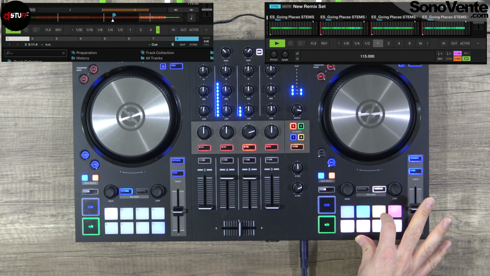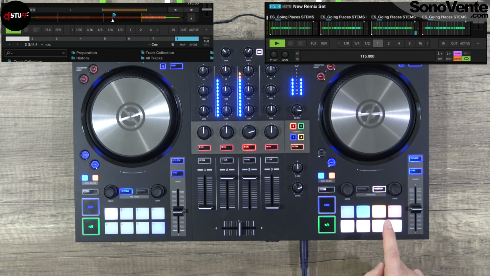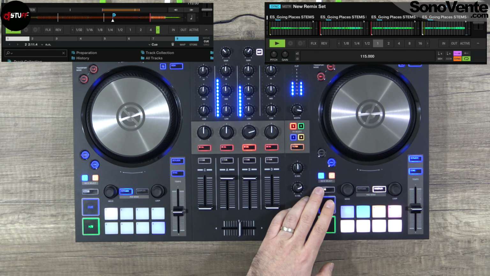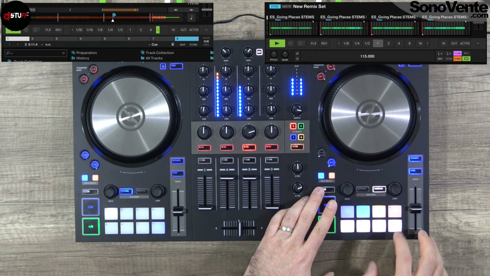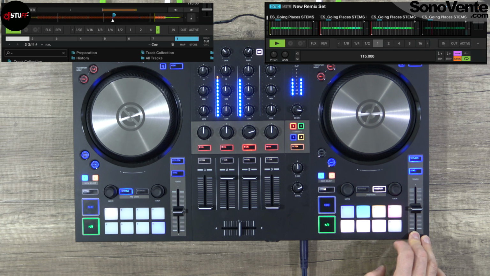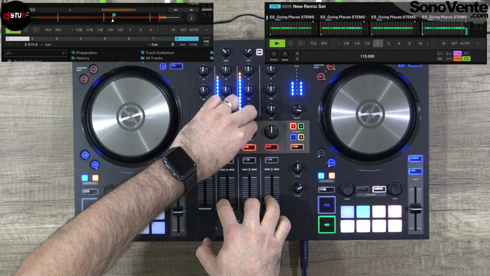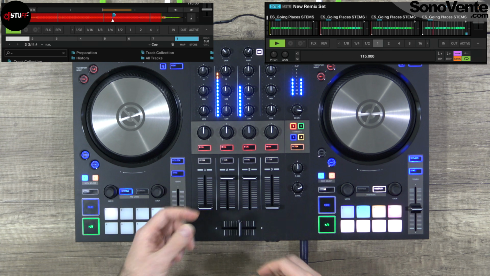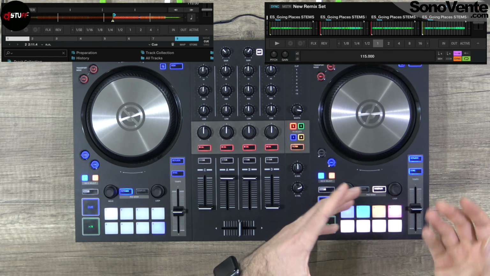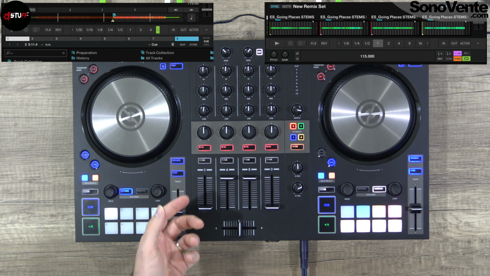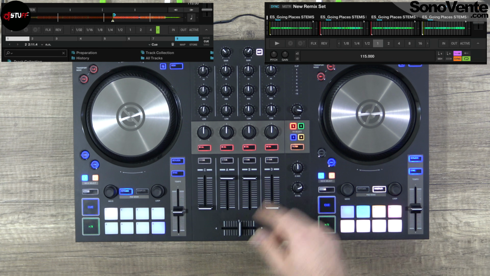And next. Etc, etc. So it's pretty cool. Of course, you can sync your remix deck to your track. So if you move the tempo of your track, the remix set will move with the track, of course.